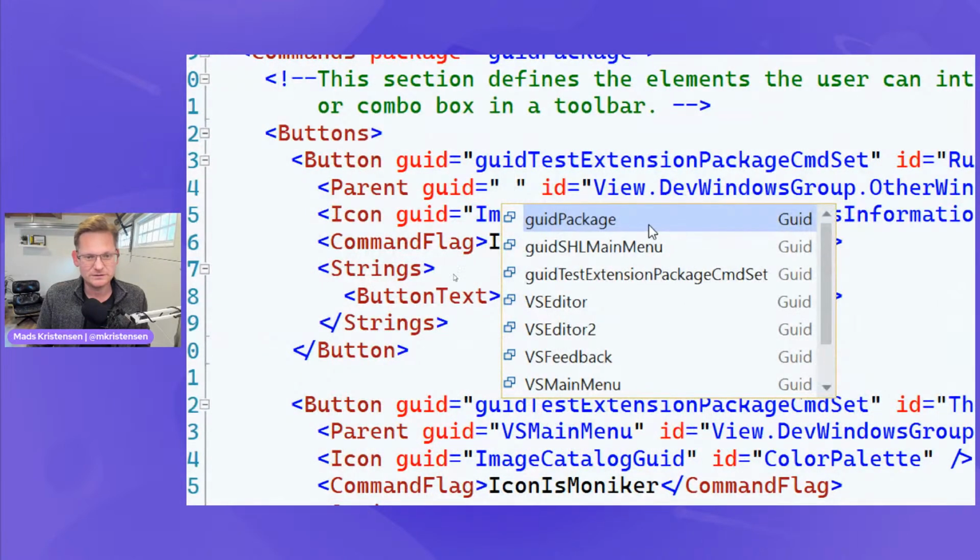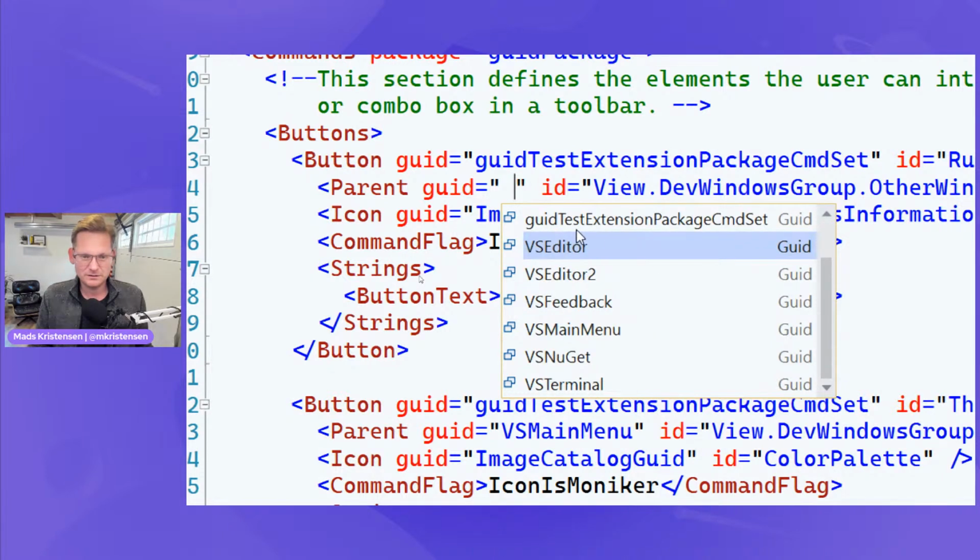So check this out. This is the package. This is the main menu. We use this, the built-in Visual Studio main menu thing, that we've known before, that gives us that sort of uppercase list of IDs that are hard to figure out what they mean. But look at this down here. We have VS Editor, VS Feedback, main menu, NuGet, terminal. What's that about? Well,